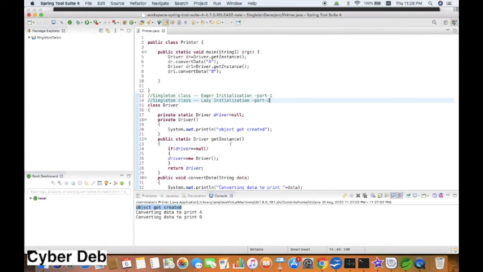We will discuss a lot of different things in the future, but right now we have to be very clear about what a singleton model is. The remaining three types of singleton model we will discuss in a future video.